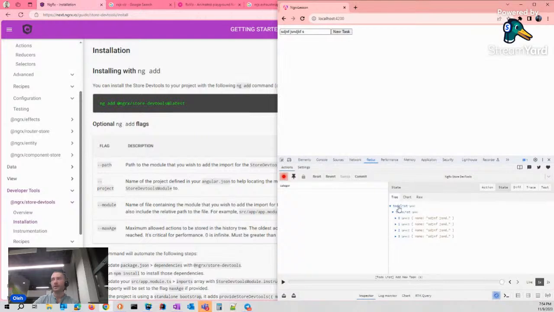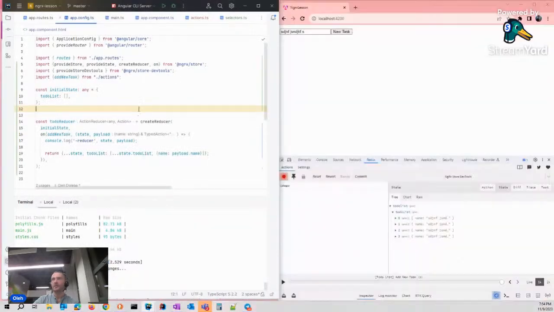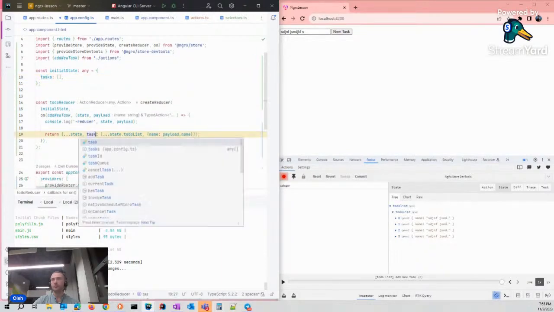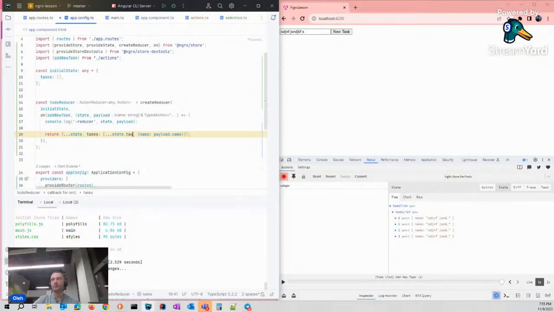The to-do list is the name of the state and also the to-do list array. Let's rename it because it confuses me. To-do list, tasks, and tasks.